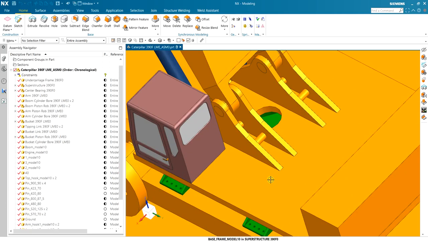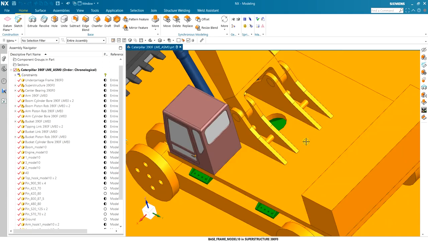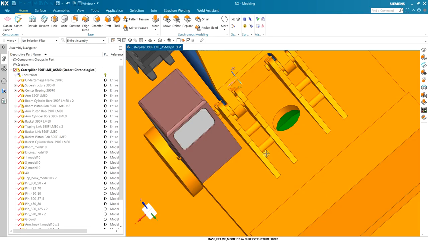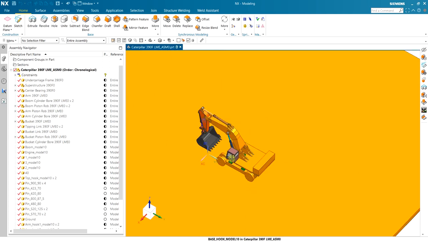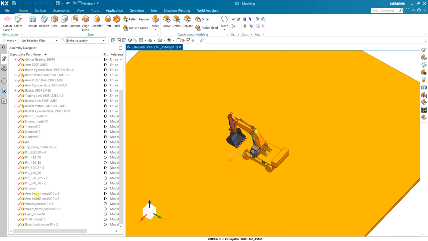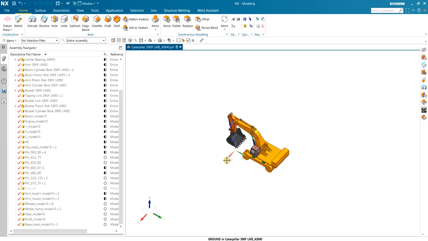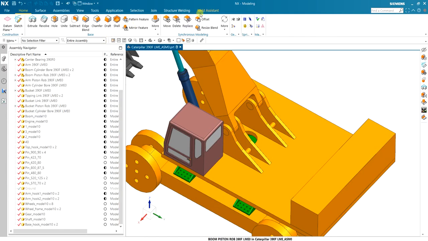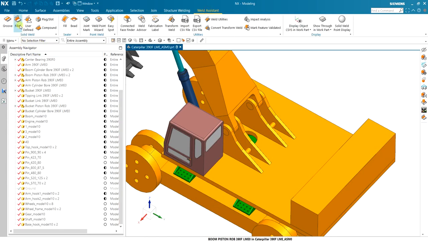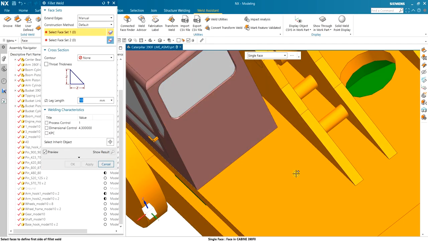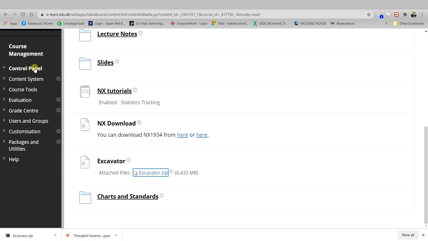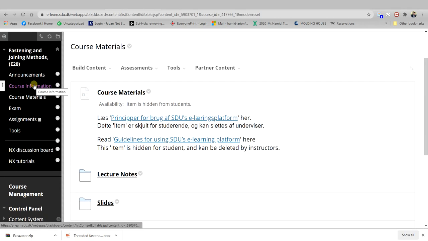Today I want to model some welds and then use the NX motion and pre-pose to validate the design. So first let's design the welds. First let me turn off the ground, and I'm going to use Weld Assistant because I have a fillet, which is easier here. Also, I'm going to use the standard that we have here